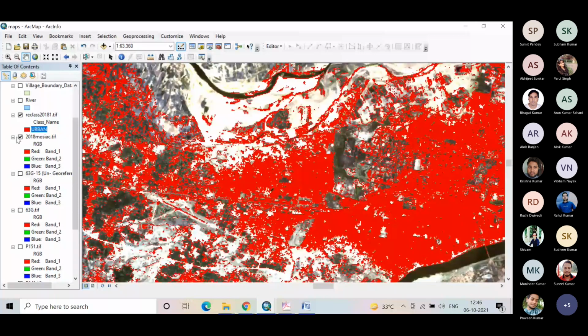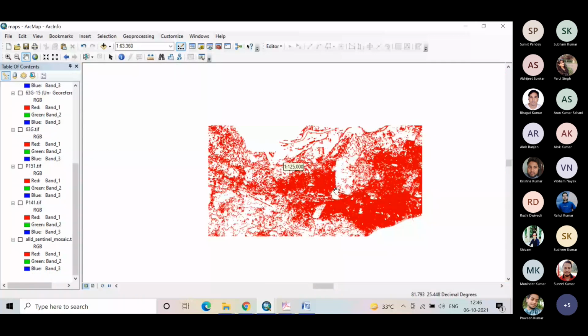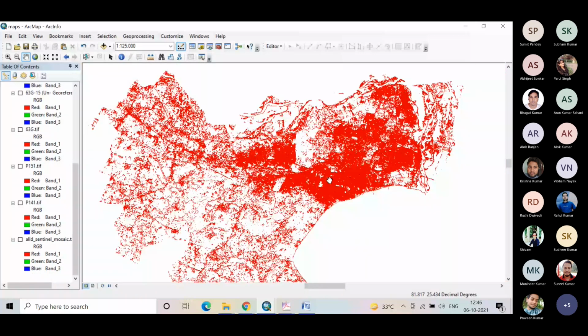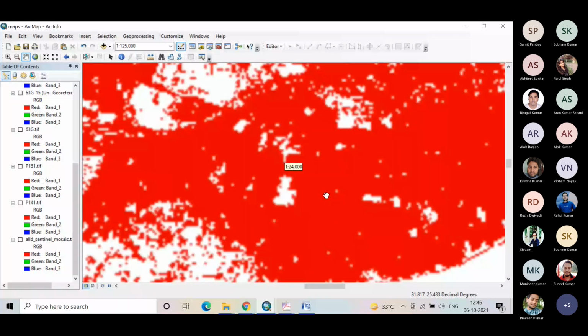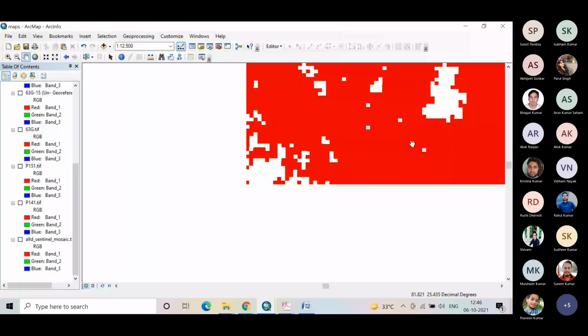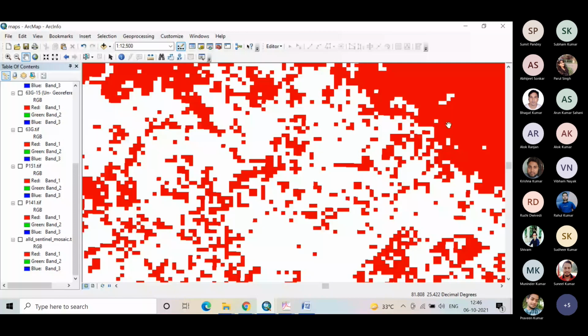अब यहाँ पर स्क्रीन पर आपको क्या दिख रहा है, ये एक रास्टर डेटा के फॉर्म में ये अर्बन एरिया दिख रहा है। इसको हम जूम करेंगे तो आप देखेंगे पूरा का पूरा पिक्सेलेटेड फॉर्म में आपको ये रीजन दिख रहा है। तो ये एक रास्टर डेटा है जो यहाँ पर जनरेट हो रहा है।